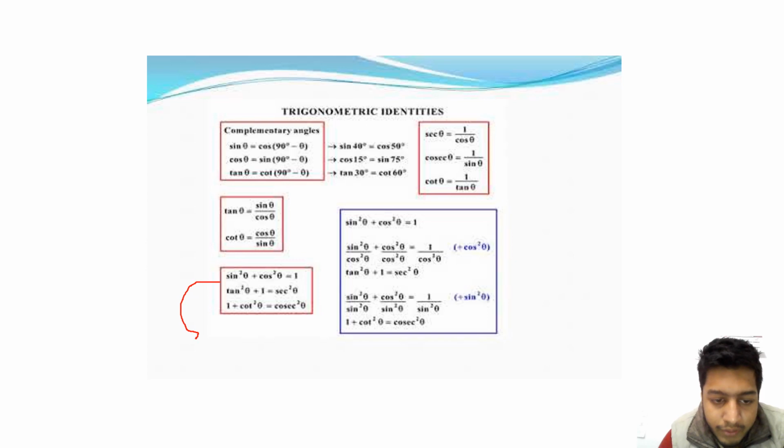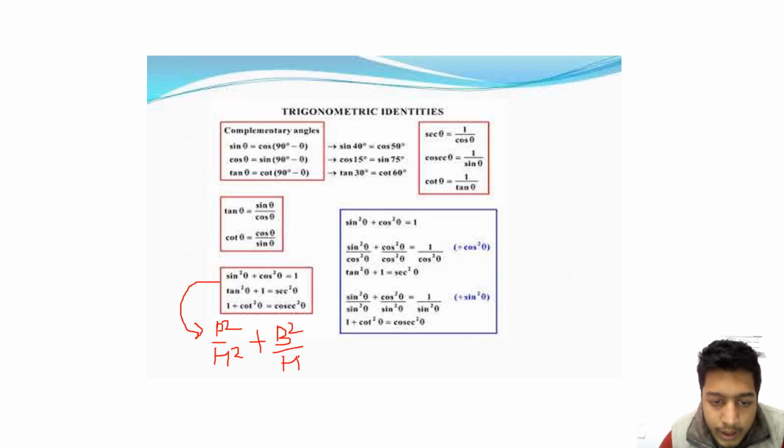We just learned that sine theta is equal to perpendicular upon hypotenuse. So sine square theta will be perpendicular square upon hypotenuse square. Similarly, cos theta is base upon hypotenuse, so cos square theta will be base square upon hypotenuse